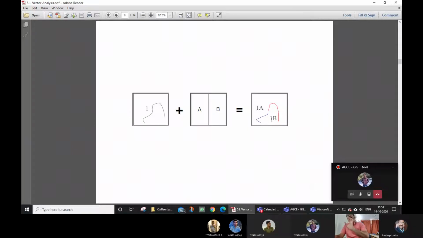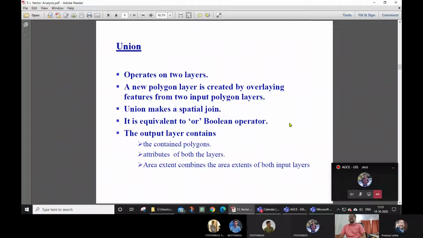The new table has a new shape file, and the attribute table would also be different, a new attribute table with these features. Now this is a very important analysis or operation in vector analysis.